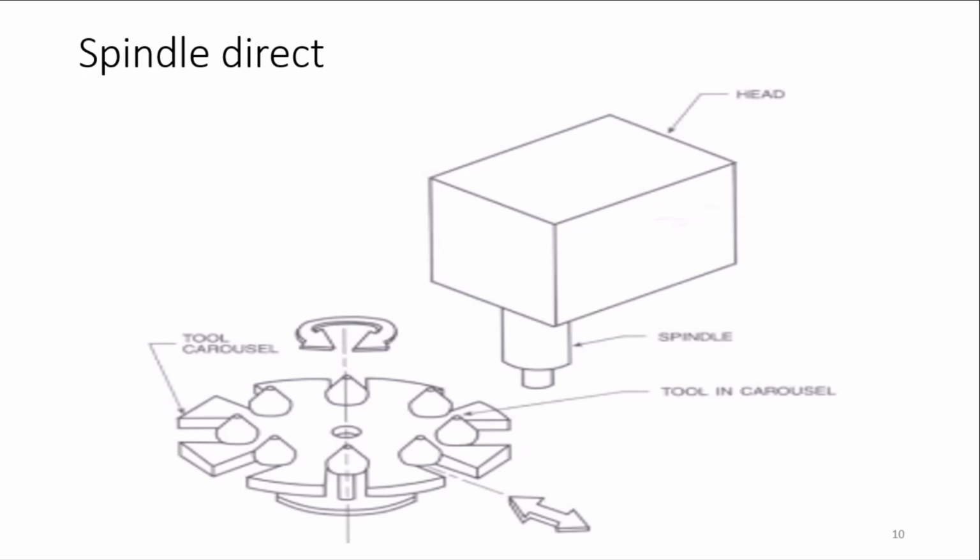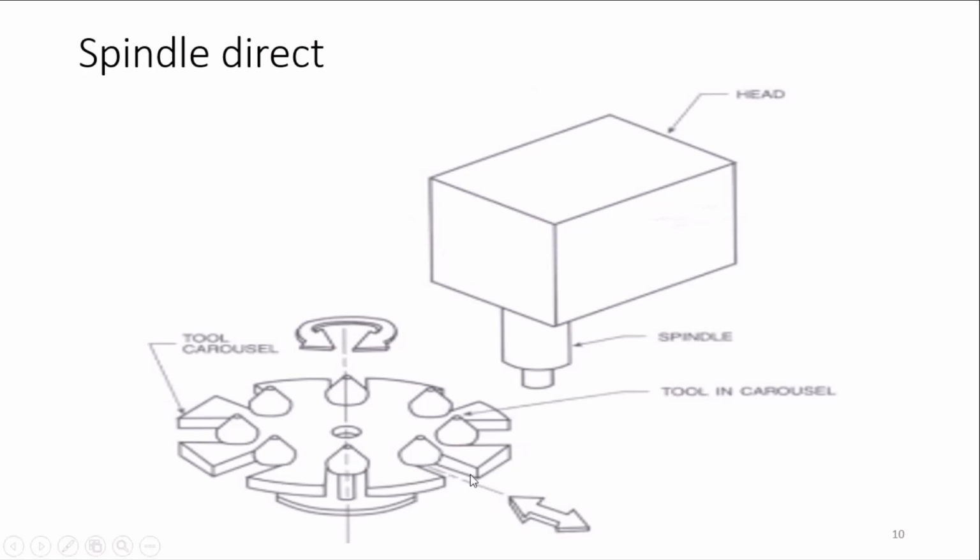But in the turret head type, all the tools are relied onto the spindle. But in this case, there's a carousel, just like a plate. On the plate, different tools are fixed. Fine. This carousel can rotate and move in and out. Your spindle is fixed. This carousel will move to the spindle, take the tool back from the spindle first, then insert the new tool. This carousel will rotate 180 degrees, even 360 degrees. In any direction it can rotate, and the tools can move in and out.